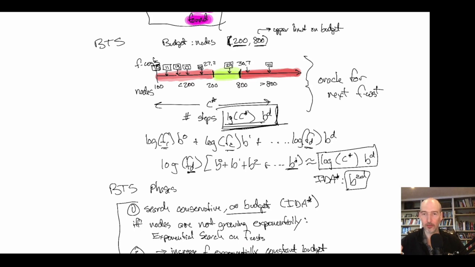Now, there are a few caveats. Let me say a few caveats, and then maybe we'll look at a video comparing IDA star and budgeted tree search. One caveat is we need to worry about what the actual range of costs is. In the same way that A star can fail, or IDA star can fail, if we have a path of exponential length but only a finite cost, or of infinite length and finite cost, that's going to break the behavior of IDA star. There are a number of ways we can get rid of that, but the easiest is to just assume that there is some minimum edge cost in the world, some epsilon, that all edges must go up by at least that epsilon,